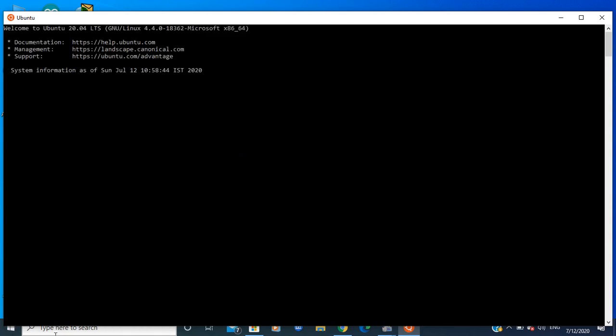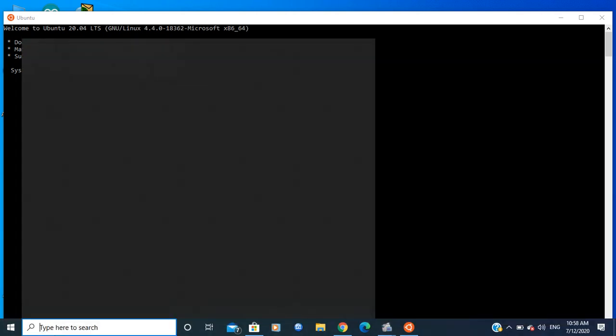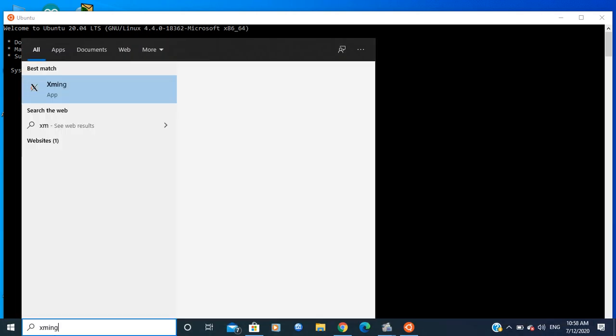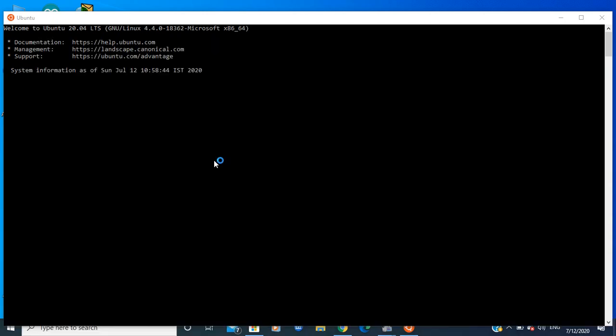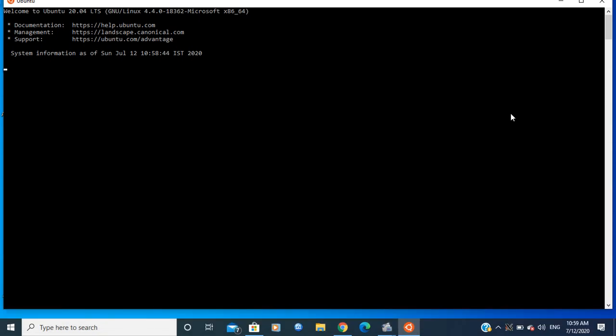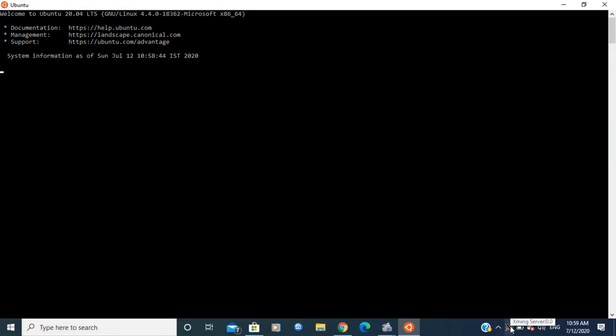Whenever you are opening up this Ubuntu environment, you have to launch the Xming server. So it is launched, it is here, right?